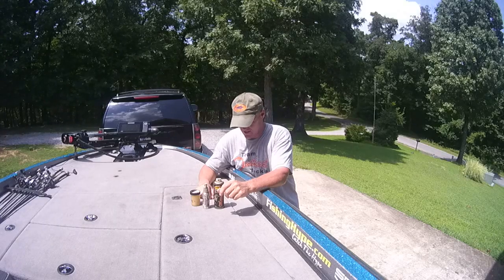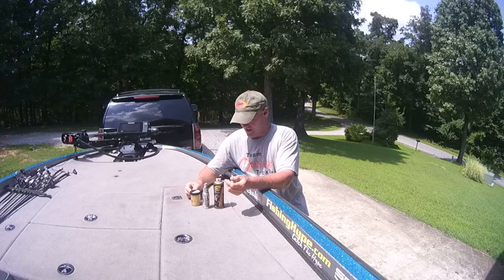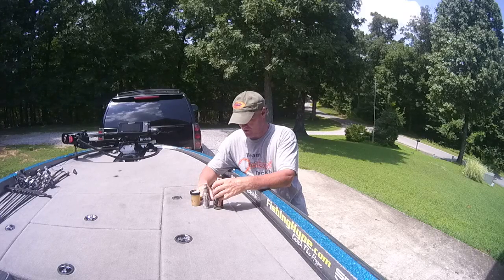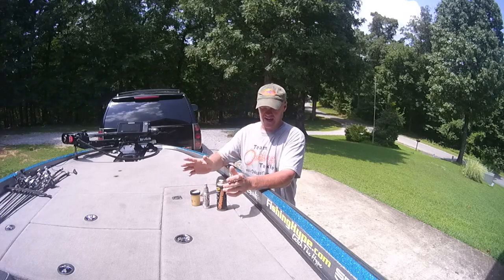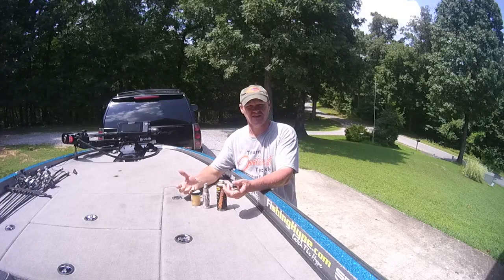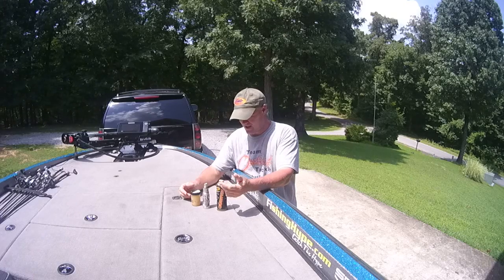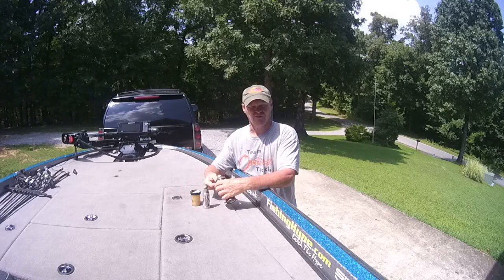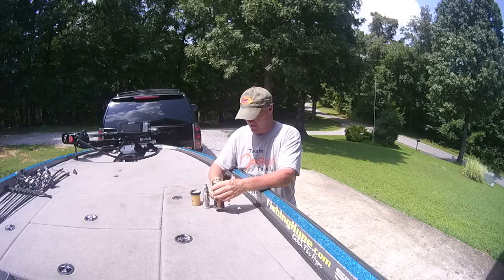And this week has to do with scents, where I believe they should be used, spots I don't think they have to be used as much, and the different types there are. First, there are different kinds out there. There are worms and stuff that are already scented right from the manufacturer. There are other ones that aren't. A lot of jigs, the skirts and stuff, don't have scents on them. Some of the trailer baits and stuff may, but